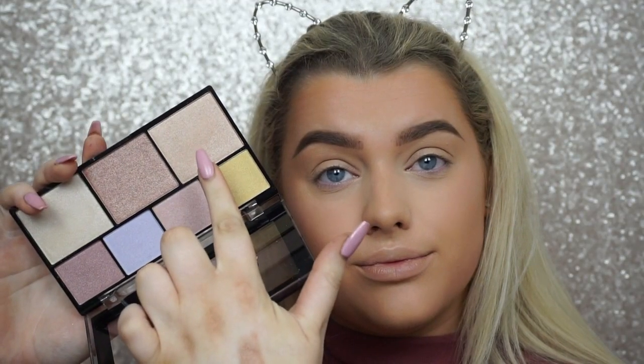So that is the eyebrows done, and now I'm going to go back to the skin. I'm taking this Cover FX Click Stick, and at the highlighting end of it, I've listed the shade exactly down below, just using that as a cream highlighter base. And then we're going to go in with a powder highlighter. This is the NYX Strobe Genius palette, and taking one of the champagne colors on a MAC 224 brush, just going over the top where we put the